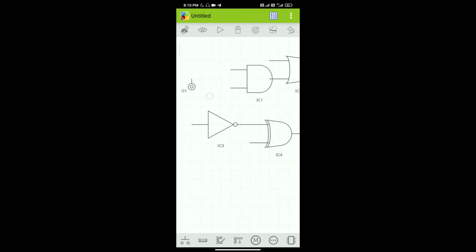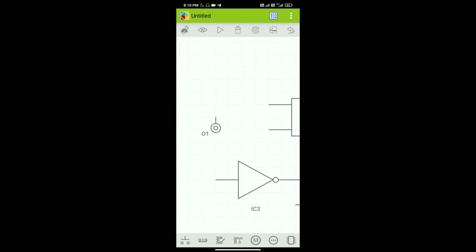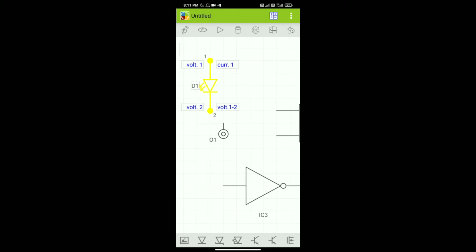Another thing we need in digital is to indicate ones or zeros, high or low, in the output. Here we have switchable sources in input, so we need something like that in output, and here we are using LEDs. We can get an LED in the bottom place too, after a Zener diode. Its cathode will be connected to the output of the circuit, and the anode will be connected to the ground. It will be connected like this. We can use it as an LED.